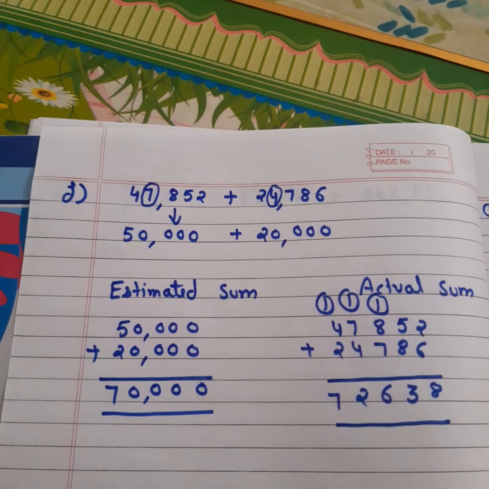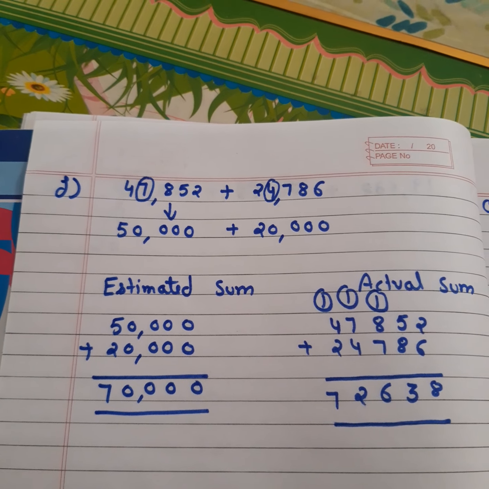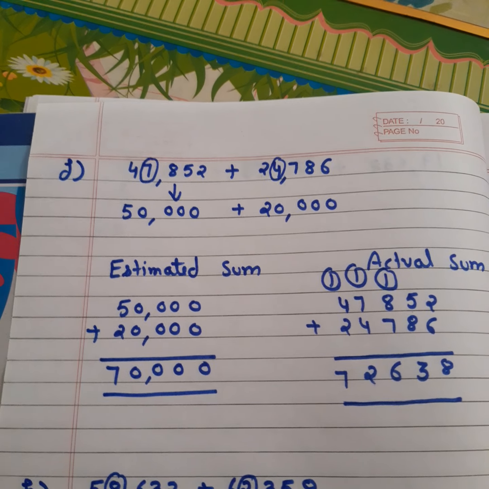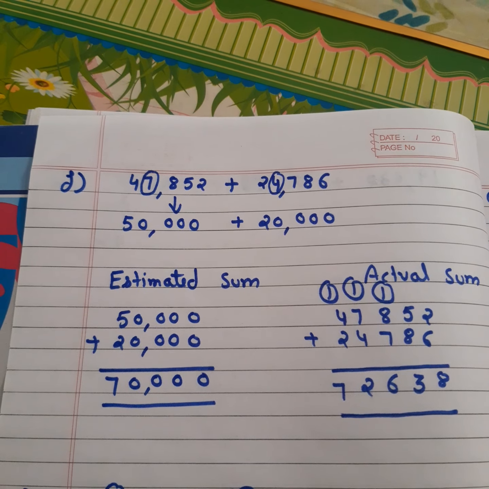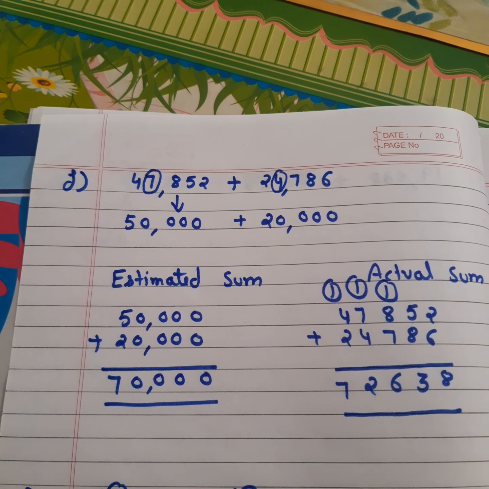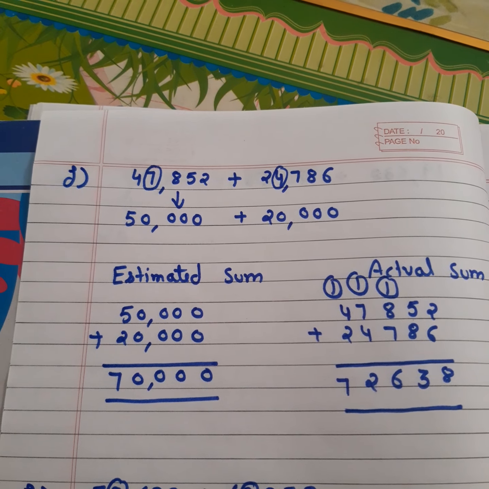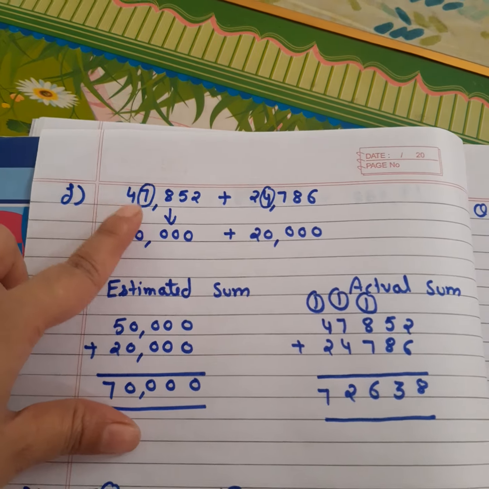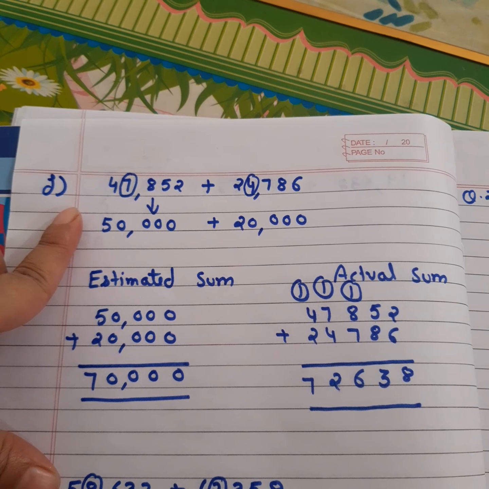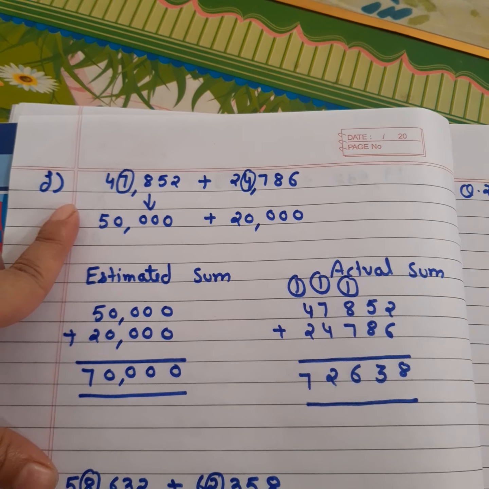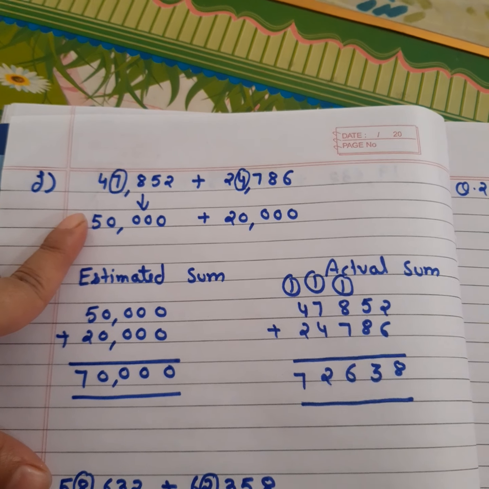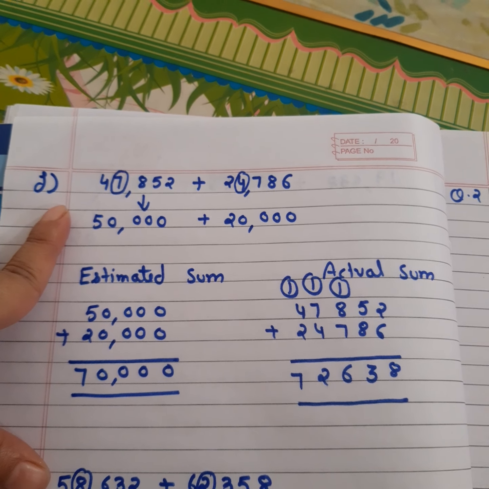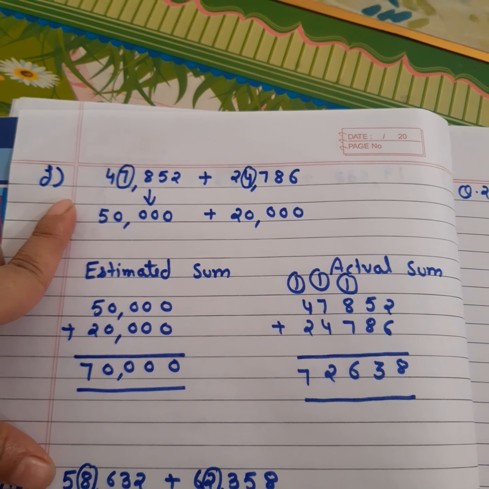We studied rounding off in our previous exercise up to tens, hundreds and thousands. Here I have introduced the concept of rounding off to the 10,000s place. If you are feeling difficulty in rounding off to the nearest 10,000s, you can round off these numbers to the thousands place also. That is your choice. But I have already told you that it is better to use the highest place value for rounding off if it is not mentioned in the question.